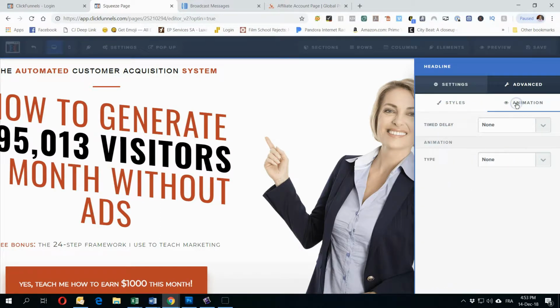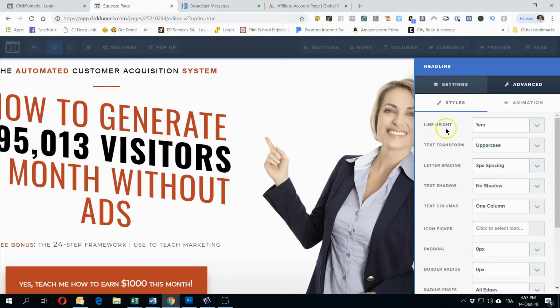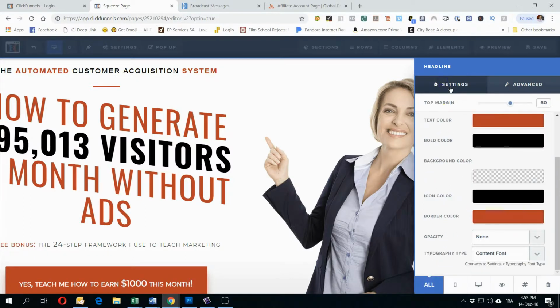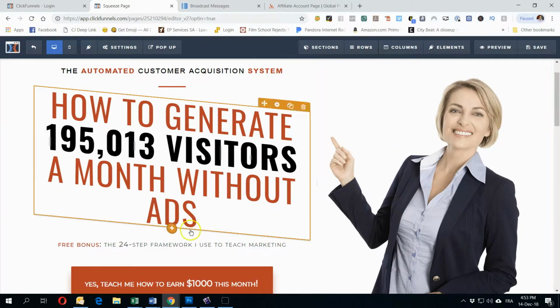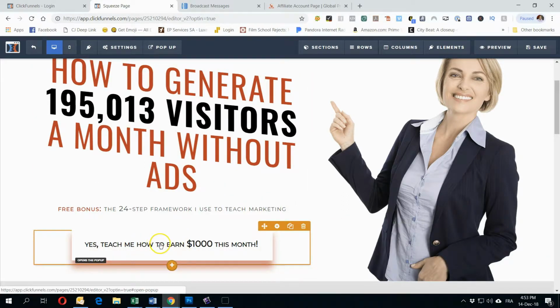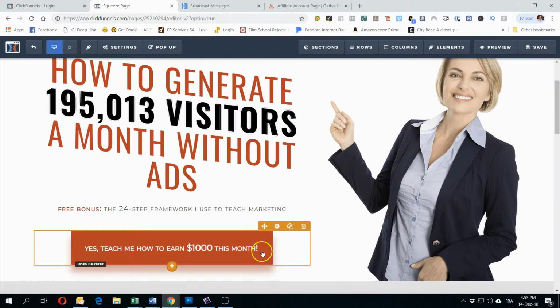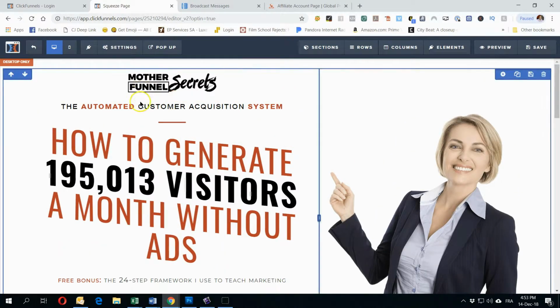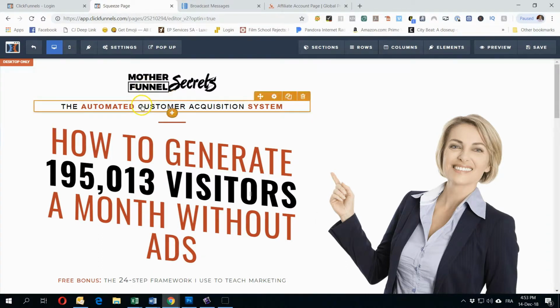Line height and so on. Here you can define the different styles. Okay, here you have a button and so on. We will go through that from scratch. I just wanted to show you how to identify the different